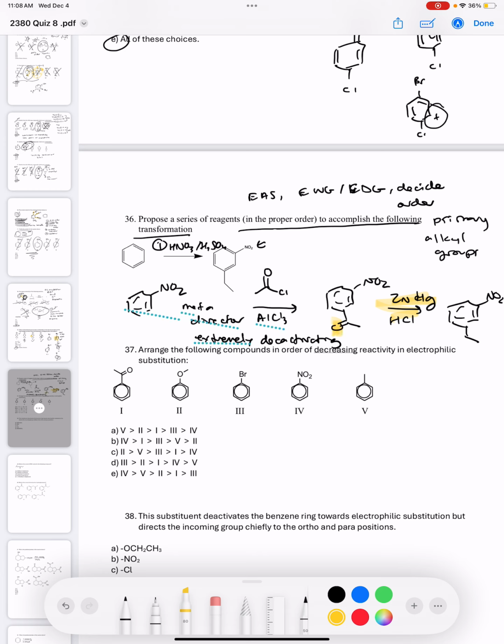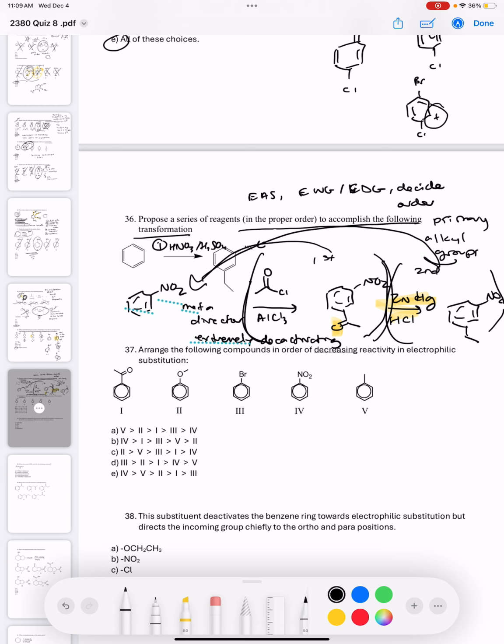So we did a lot of questions like that. And so this will be a multiple choice question that would come up something like this. And so you just have to know that you would have to add the acyl group before you do the reduction. This has to happen first and then this second when these two are paired together, because you can't reduce something if you don't have the acyl group first. You could do the nitration first, or you could do this first, then the nitration, and then the reduction third,